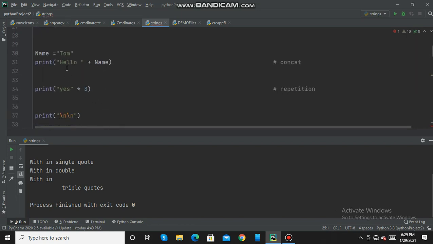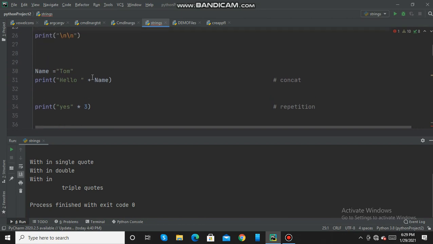Now here we are concatenating two strings. I am having name Tom. That name I am concatenating with another string, hello, and printing it. Then after that, this is repetition.